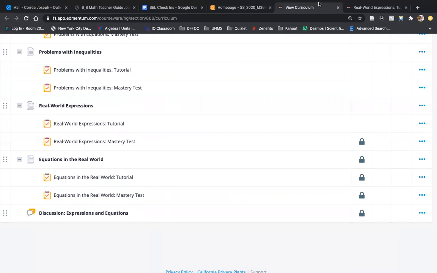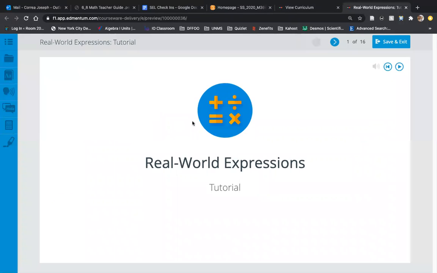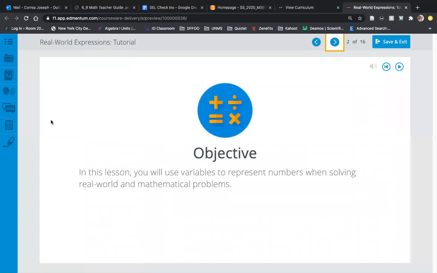All right. So we're looking at real world expressions. It's day 1, so let's just start with the objective for today. It says, in this lesson, you will use variables to represent numbers when solving real world and mathematical problems. So basically, it's just going to give us a couple of scenarios, and it's going to walk us through how we take a scenario that's written out in words and express it